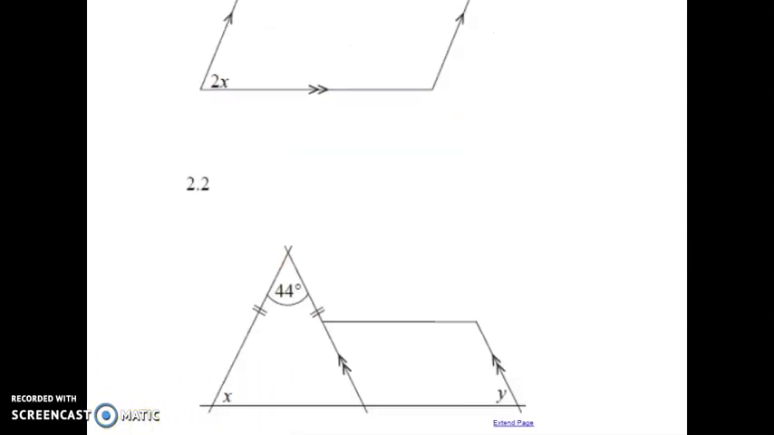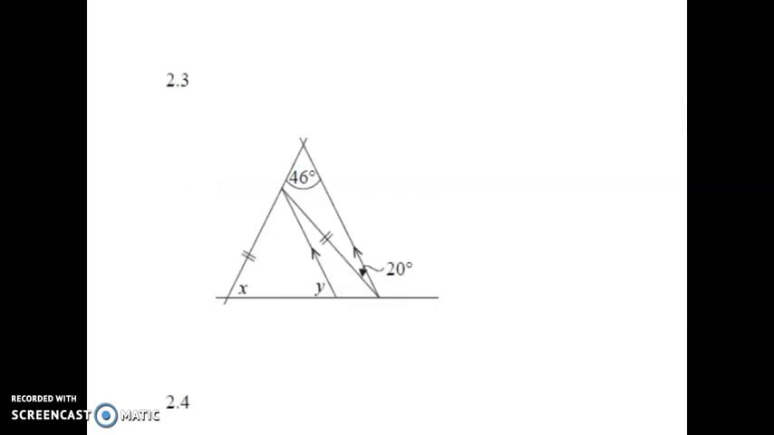We test more properties of quadrilaterals. Also with parallel lines, what do we know? It's 2.3,